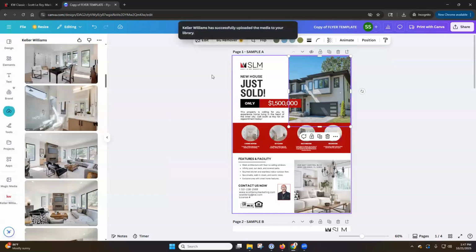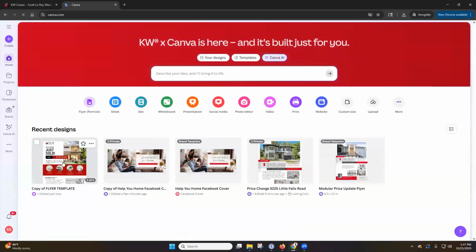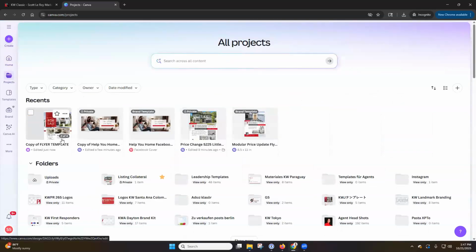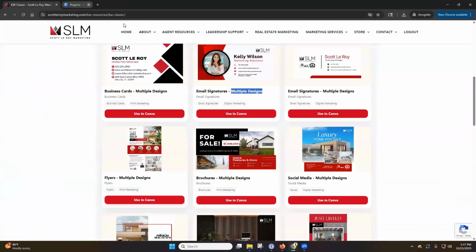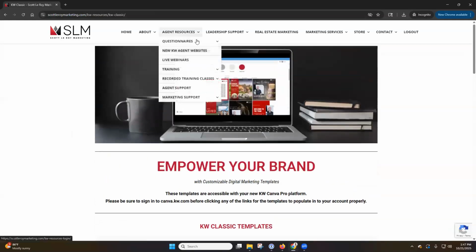And of course, once you add this over, if I go back to home, now I've got those templates on here, copy of the flyer templates, and under projects on here, it'll pop up under my recents as well. So there you go. Those are all free templates that you can utilize, whether it's under that KW Classic, or obviously the other ones, the modern, luxury, black and white,